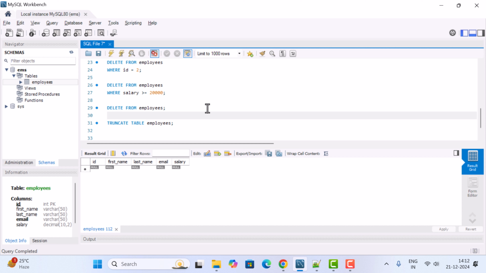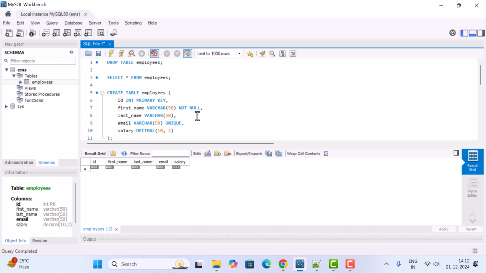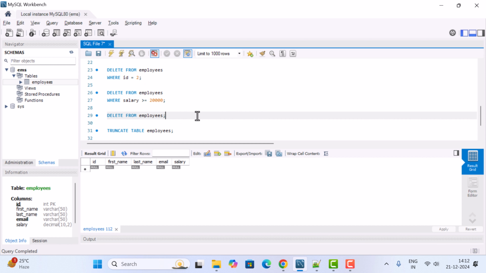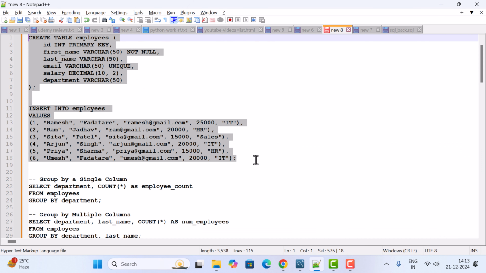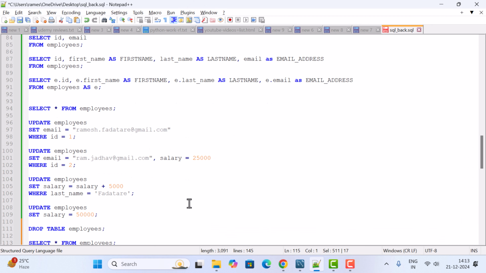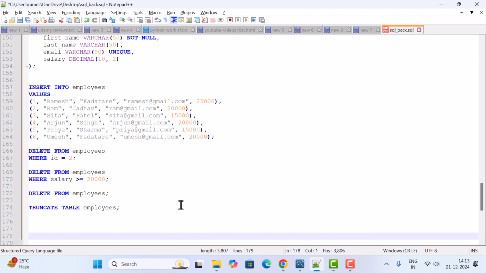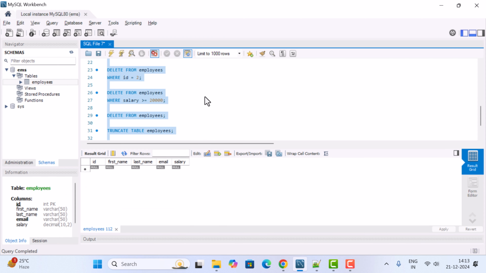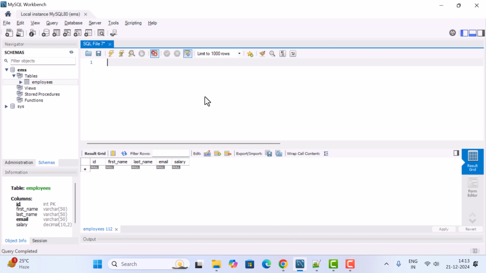Okay, so here let's go to the MySQL Workbench. In the previous lecture we created these SQL queries, so let us copy them and take a backup in Notepad, and then remove all these SQL statements and start fresh. So let us drop the existing table, drop table employees,